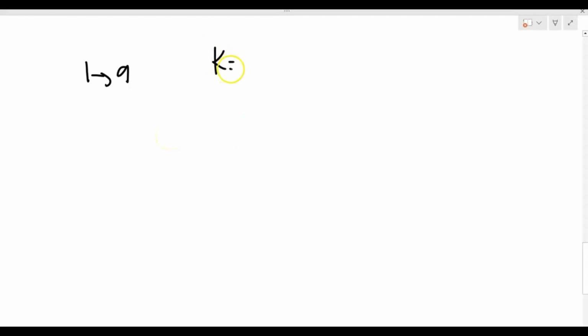Suppose the k value is 3 and the n value is 7. We'll generate subsets for all the numbers from 1 to 9, and check whether the size of the subset is equal to k, as well as whether the sum of that subset is equal to n. If both conditions are satisfied, we'll add it to the answer and return that answer vector. So that is our most straightforward approach.